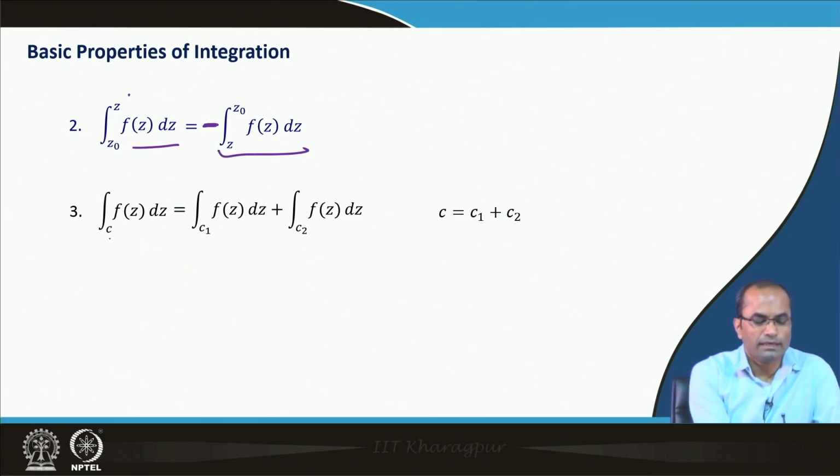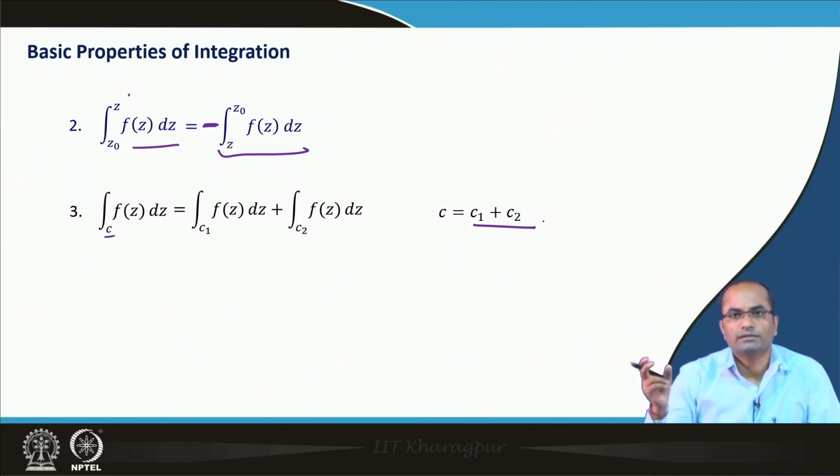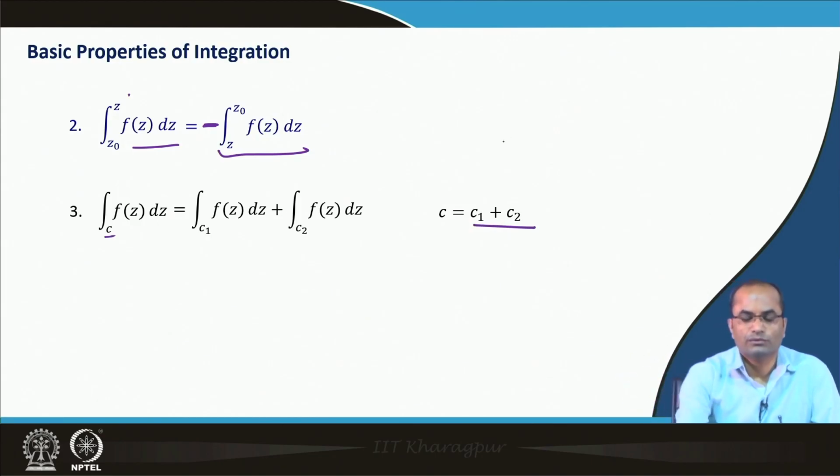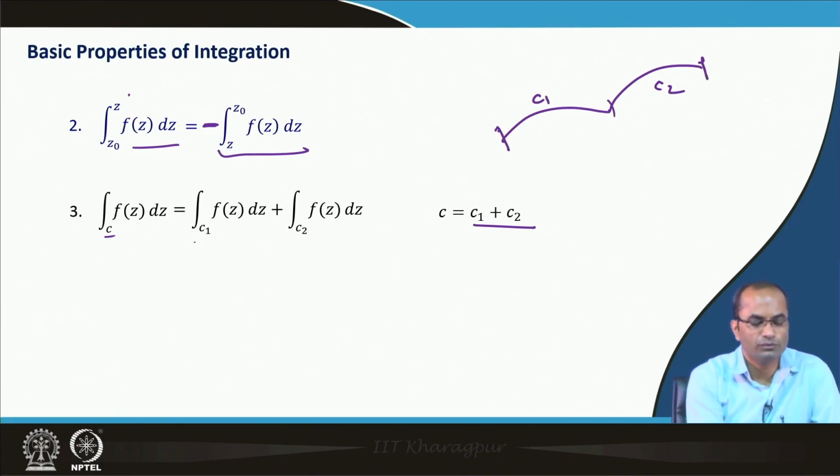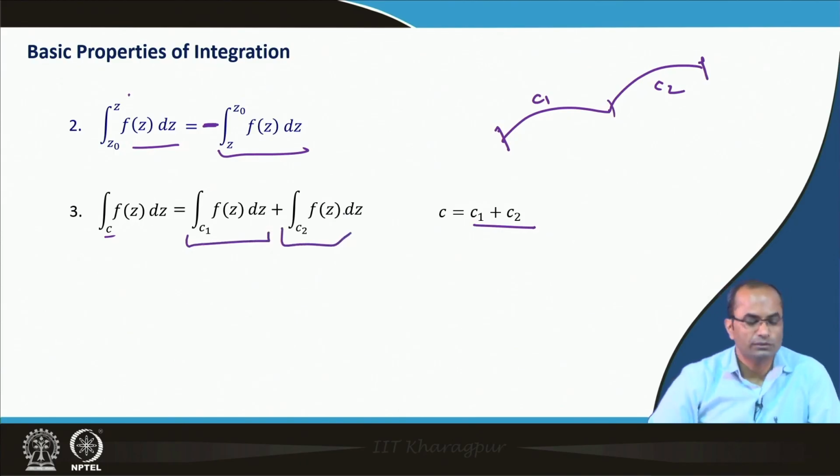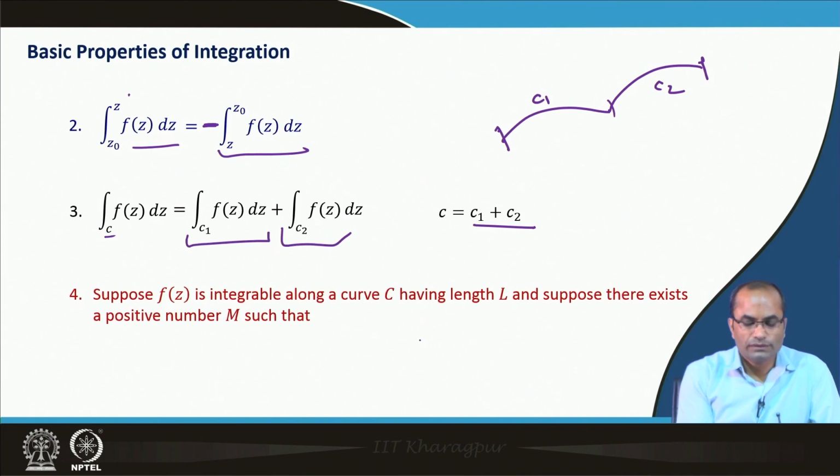Another property: we have a curve C here, which we can think of as the sum of two curves C1 and C2. So, we have two curves, for instance this is C1 and here is the C2 curve. We can break this whole curve into two parts. So, the first integral is over C1 and then the integral over C2. Another interesting